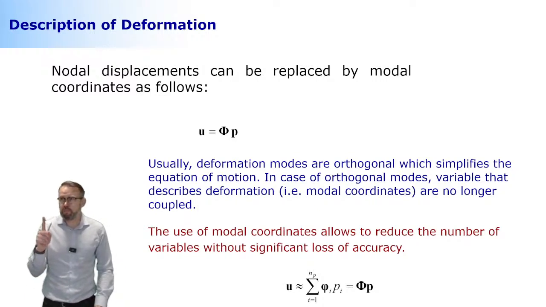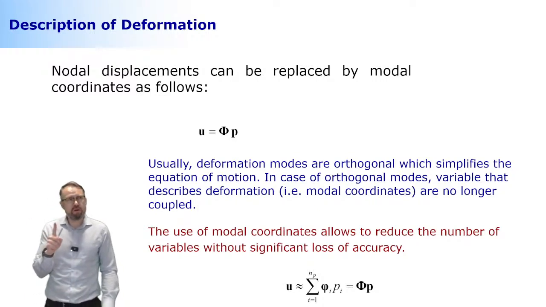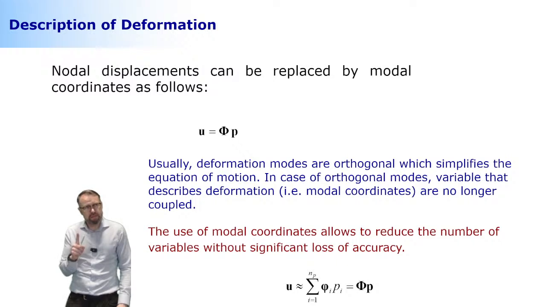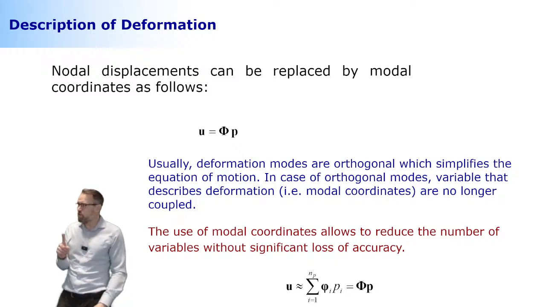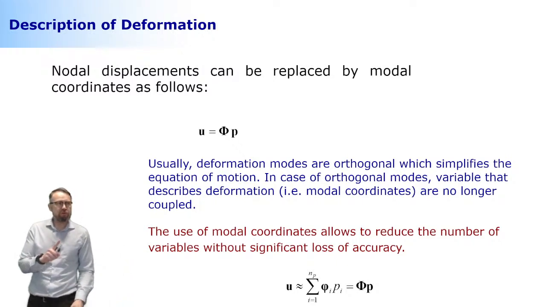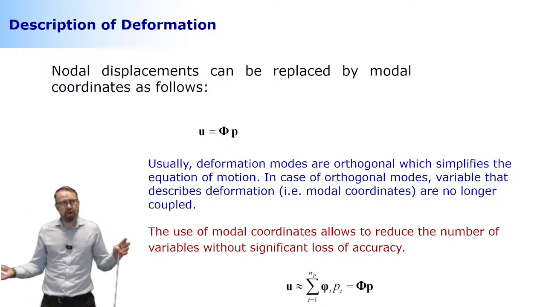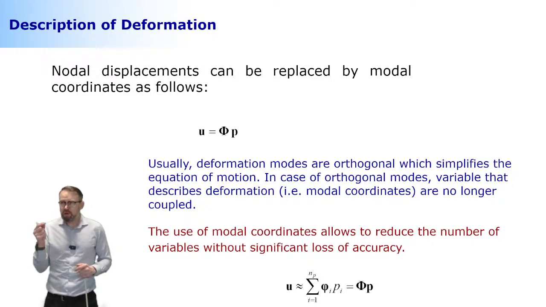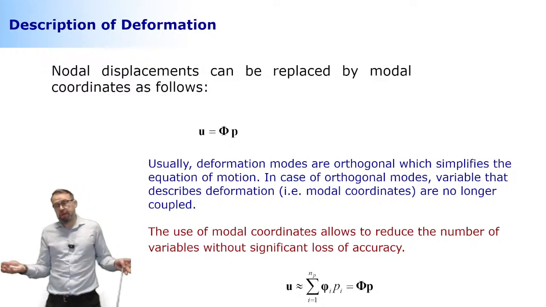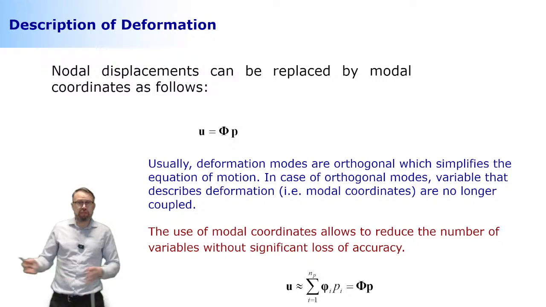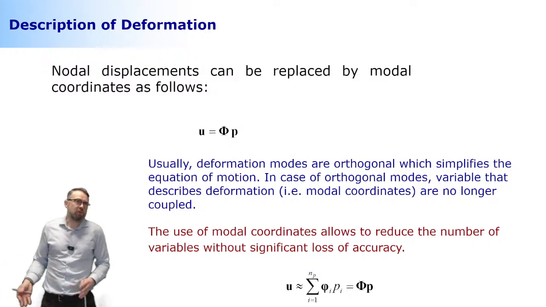Of course, it comes with a price. We do need to compromise the accuracy. We are not going to get as accurate a solution as we would using the full set of degrees of freedom, 100,000 or 10,000, whatever a full finite element model has. We do need to compromise that. But the amount of compromise is amazingly little, so we can still get an acceptable solution. And if you compare 7 versus 10,000, we can afford to do this.